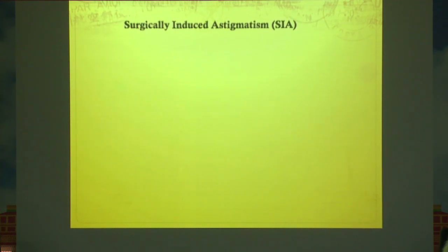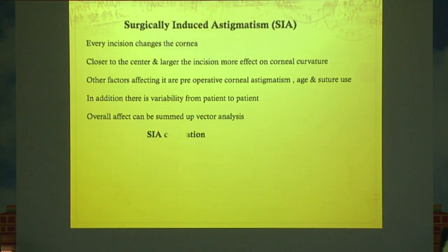years, and you must know how to calculate the surgically induced astigmatism. As you know, every incision changes the cornea. The closer to the center and the larger the incision, the more effect on the corneal curvature. Other factors also affect it, like corneal age and suture. In addition, there is variability from patient to patient, and the overall effect can be summed up by vector analysis later on. To obtain the surgically induced